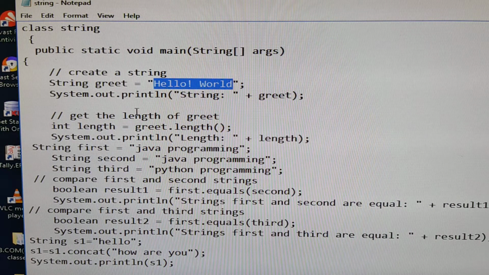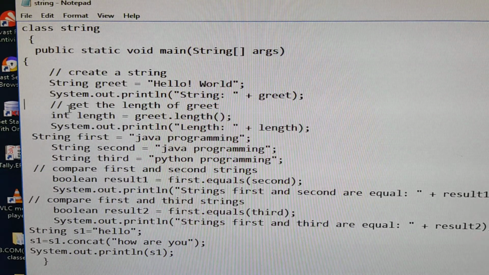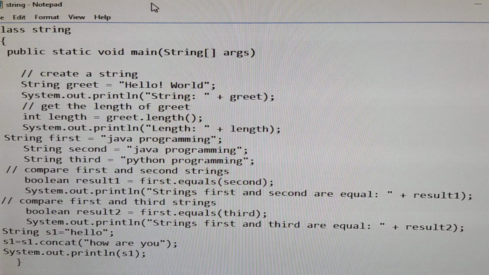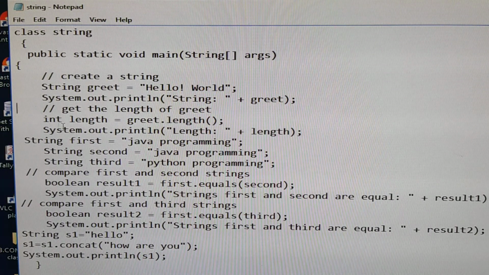Next, whatever string I have given, I am printing it, which is optional. System.out.println of greet, in which I have stored Hello World.